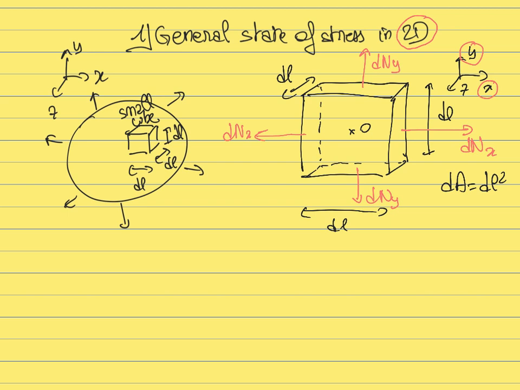So now those are not the only possible forces that can be applied, right? Because you can also have some shear force, some force that will tend not to elongate, not to compress, but to shear, to deform, to change the shape of those materials. So the first type of force that you can have is a shear force that is going to be applied on the right, and that is going to be pointing up. This is also going to be a small force because it's applied on a small surface. We're going to write it V